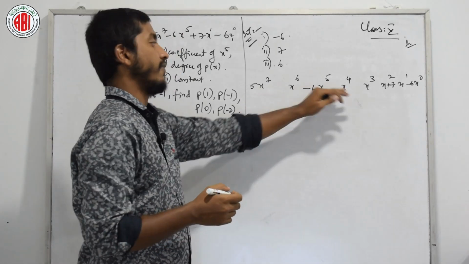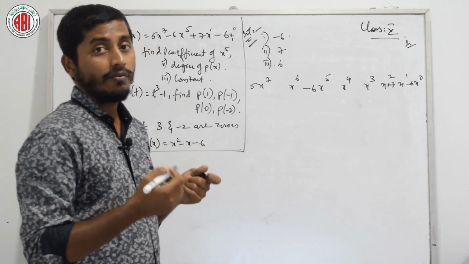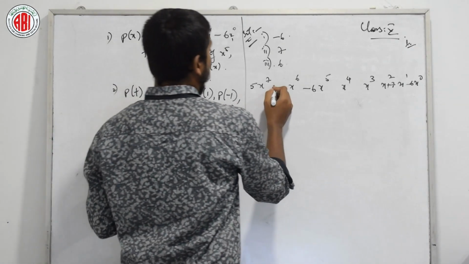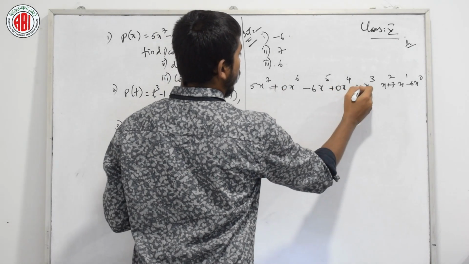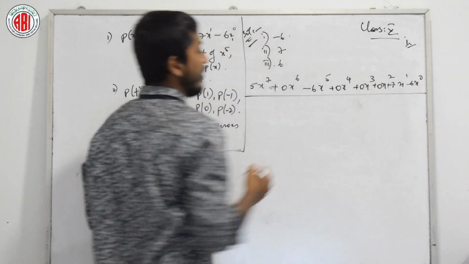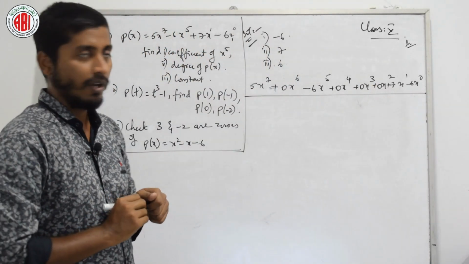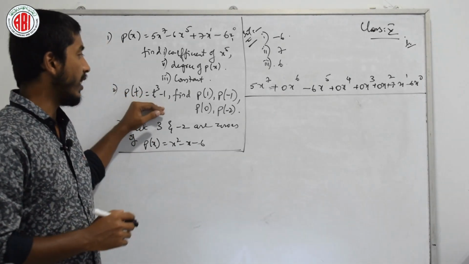X power 6 is left, 4 is left, 3 is left and square is also left. Now we have to keep the coefficient of such left out things as 0, 0, 0 and 0. Is it clear? This is how we generalize a given polynomial. Okay. Now see here, the next question is, he is asking us to find the value of p of t